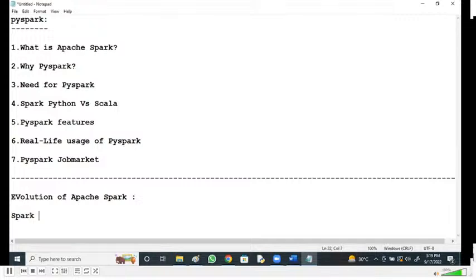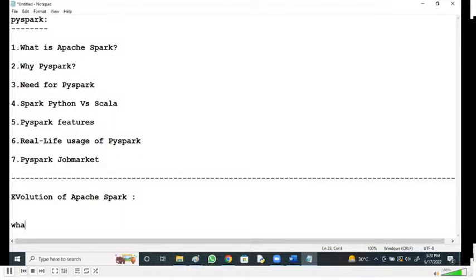Spark was developed by Matei Zaharia in the AMP lab, Berkeley in the year 2009. It was open sourced in the year 2010, and it was donated to Apache Software Foundation in 2013.